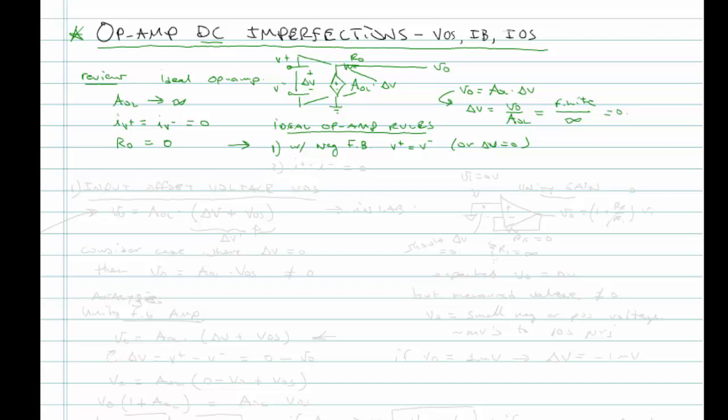So our first op amp rule is that with negative feedback, the two input terminals, the inverting and non-inverting inputs, are going to be driven to be the same voltage. Secondly, we can say that the current going into the plus and minus terminals is equal to 0. Okay, that's an ideal op amp. Now, in this lecture we're going to introduce some imperfections that result in our op amp model deviating from this ideal case, and then we'll look at how we can compensate or minimize these effects in some typical op amp circuits. The first one we're going to look at is the input offset voltage,